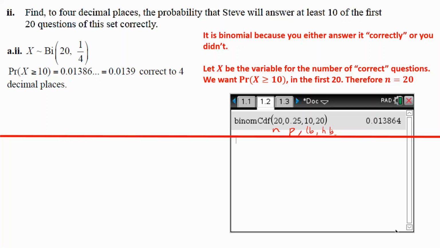Also consider the different combinations of not having 10 or 11. So if you got 11 successes, that means you got 9 failures. If you got 12 successes, then you have